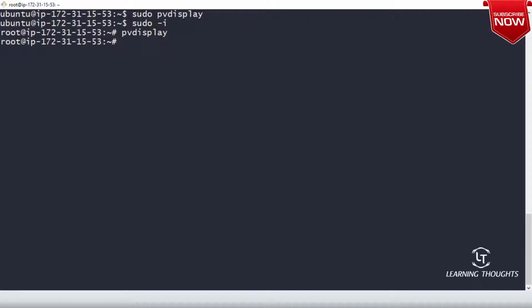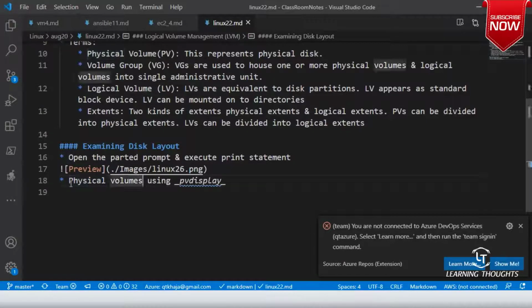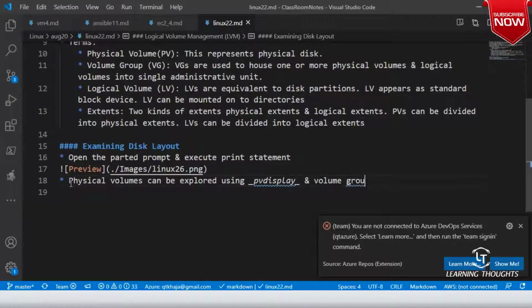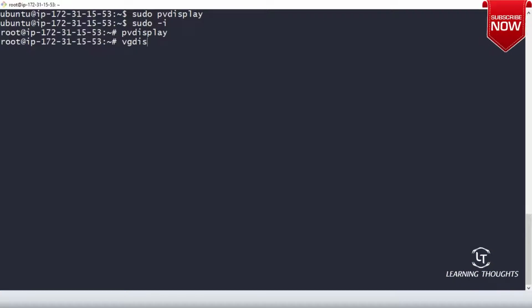So similarly, physical volumes can be explored using pvdisplay, and volume groups can be explored using vgdisplay. You would have some sense of similarity between the terms. So let me execute vgdisplay.